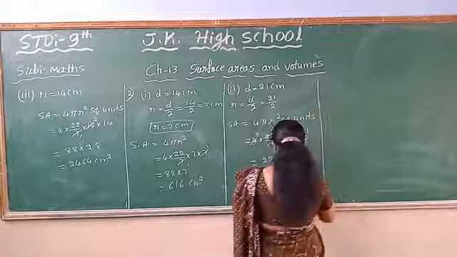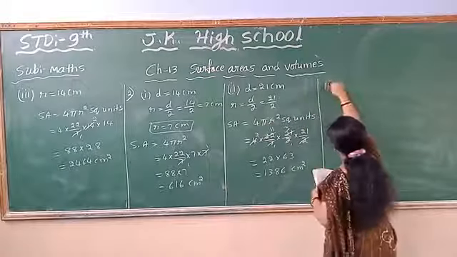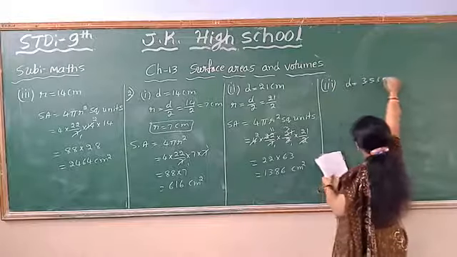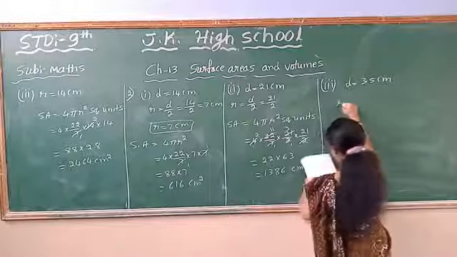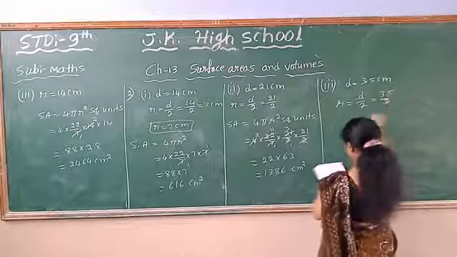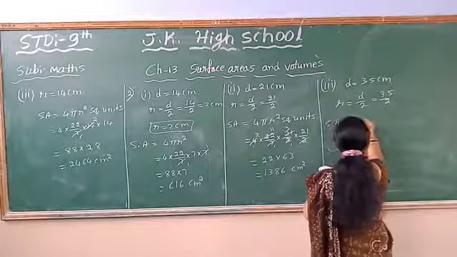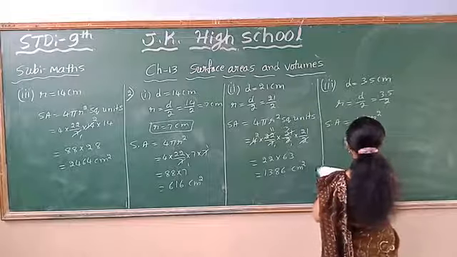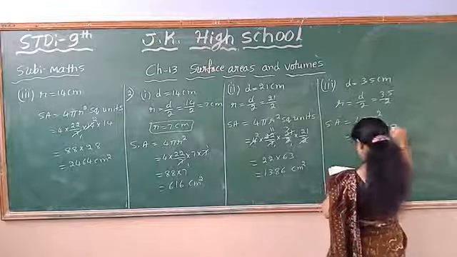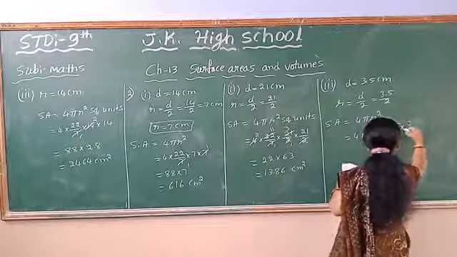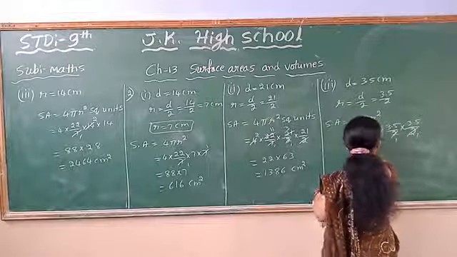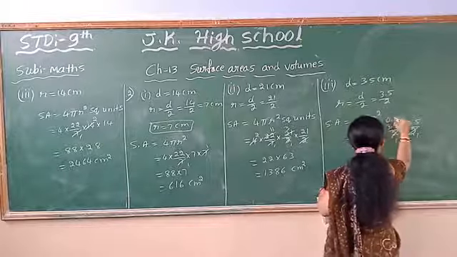So this is the way of finding the value of surface area when they give you the diameter value. So d is given, r is equal to d by 2, 3.5 by 2. The surface area formula is 4 pi r square meters. 4 into 22 by 7 into 3.5 by 2 into 3.5 by 2. 2 1s are, 2 2s are, 2 1s are cancelled. 7 1s are, 7 5s are.